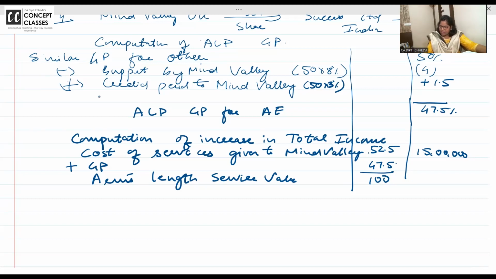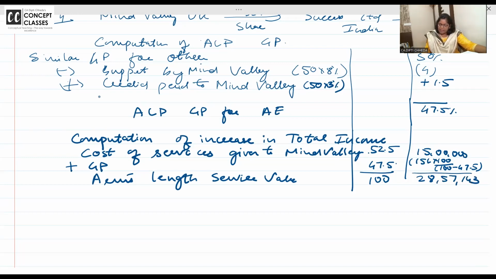So 100 is how much? 15 lakhs into 100 divide by 100 minus GP भी कर सकते हैं. मैम हमने कुछ बुक्स में ऐसे देखा था, वही है ना, 100 minus GP is 52.5. 15 lakhs into 100 divide by 52.5. कितना आ रहा है? 28 lakhs